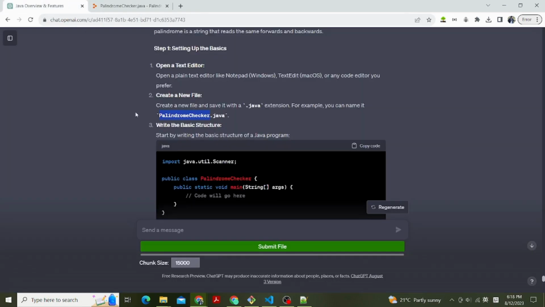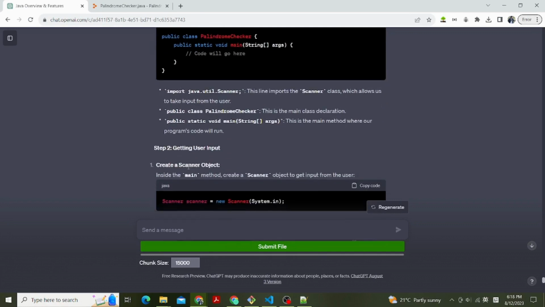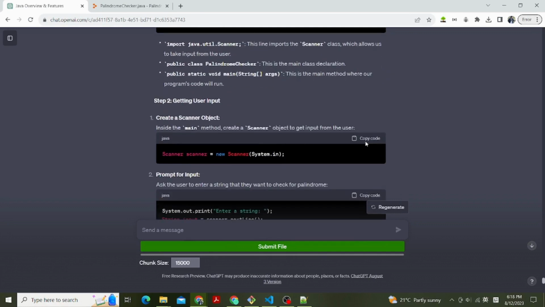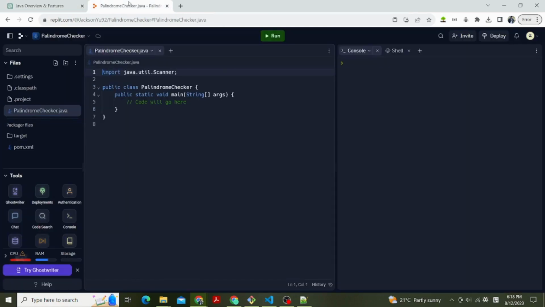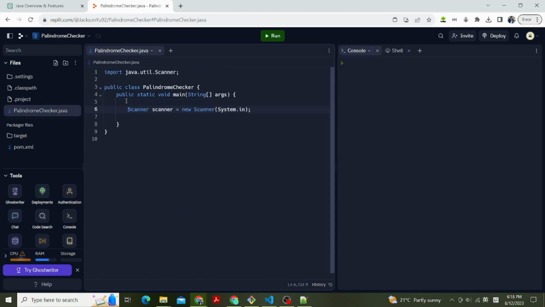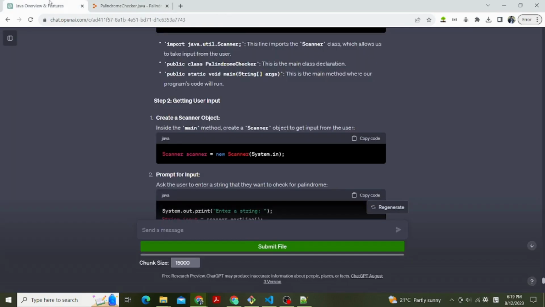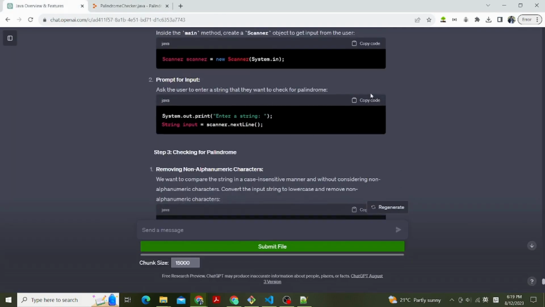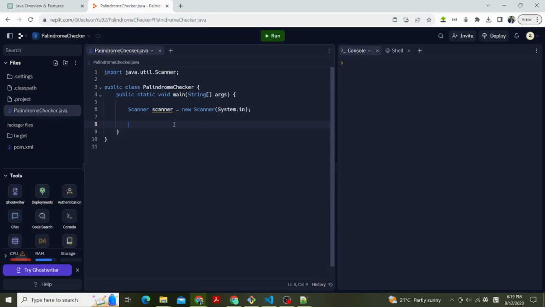Step 2, getting user input. Create a Scanner object. Inside the main method, create a Scanner object to get input from the user. Scanner scanner = new Scanner(System.in). Prompt for input. Ask the user to enter a string that they want to check for palindrome. System.out.print("Enter a string: "); String input = scanner.nextLine();